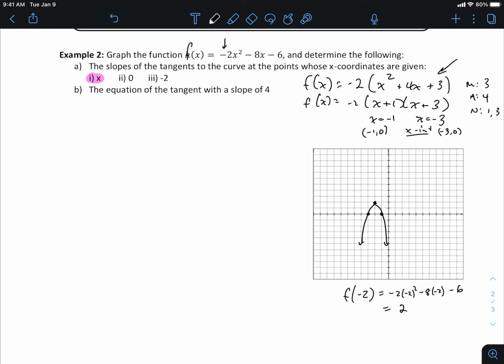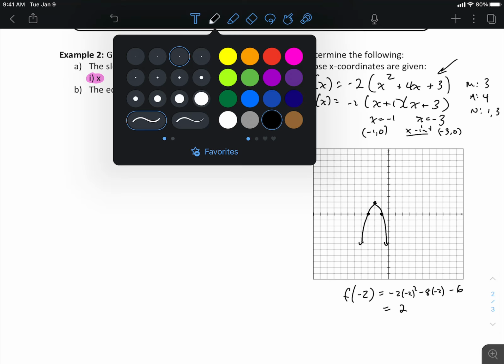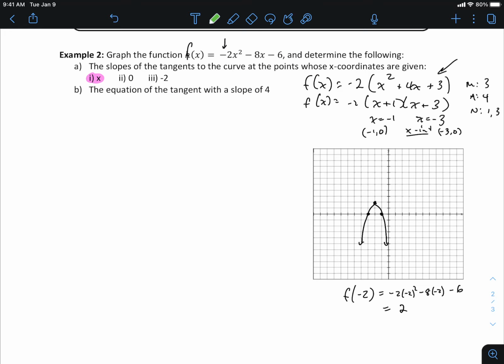Now, let's go ahead. We want to find an equation for a tangent, right? We want one equation that does it all. So I want the equation that represents a slope here, here, and here. This will all be the same